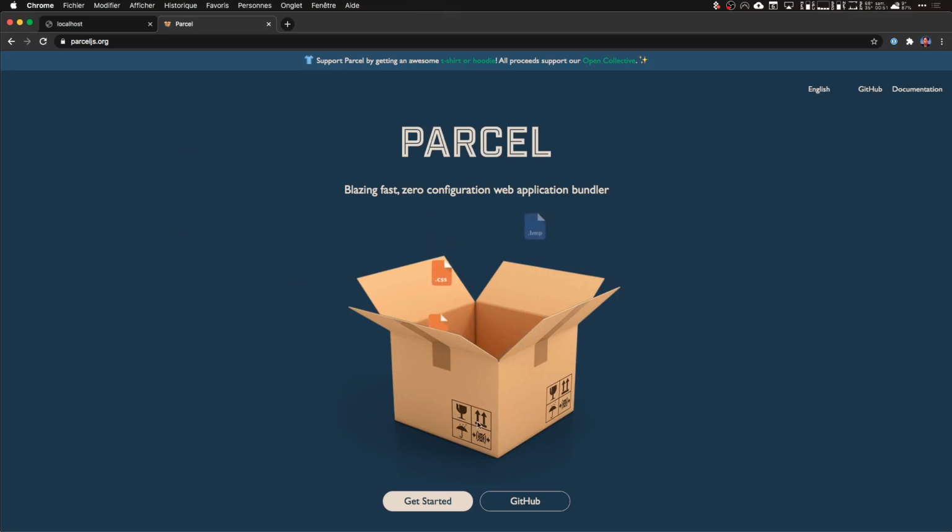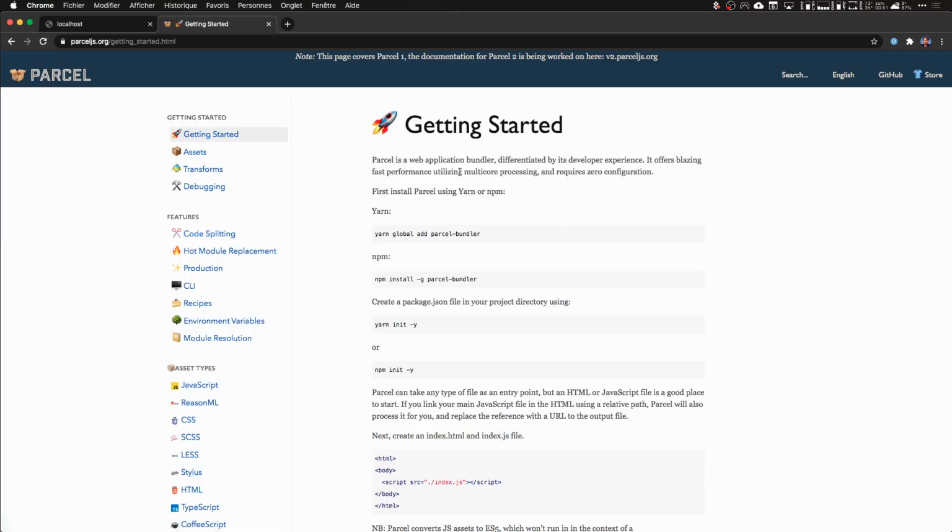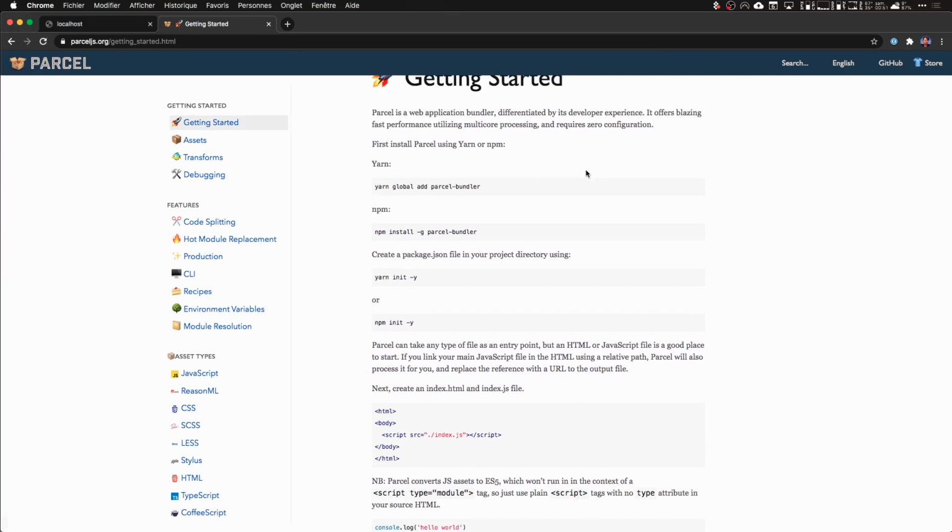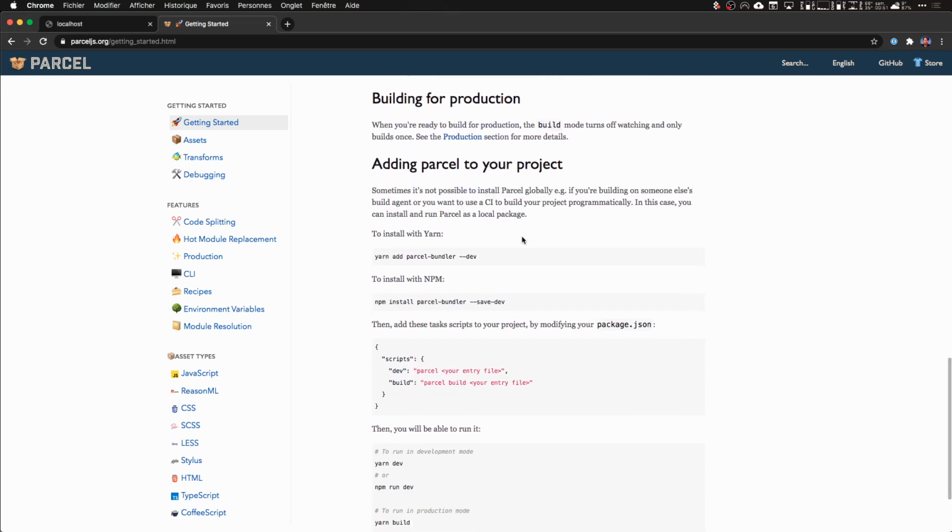So how to install Parcel? It's really easy. In the getting started, we have two ways of installing Parcel. The first one is to install Parcel globally, to have it available on our whole system, which is not really a good thing. It's better to use Parcel inside of our project, and that's for two reasons. The first one is that the version of Parcel bundler will be linked to your project. So if someone else takes your GitHub repository, clones it, and just runs npm install, he will get the good version of Parcel. And that's a good thing for your team, but also a good thing for the future,